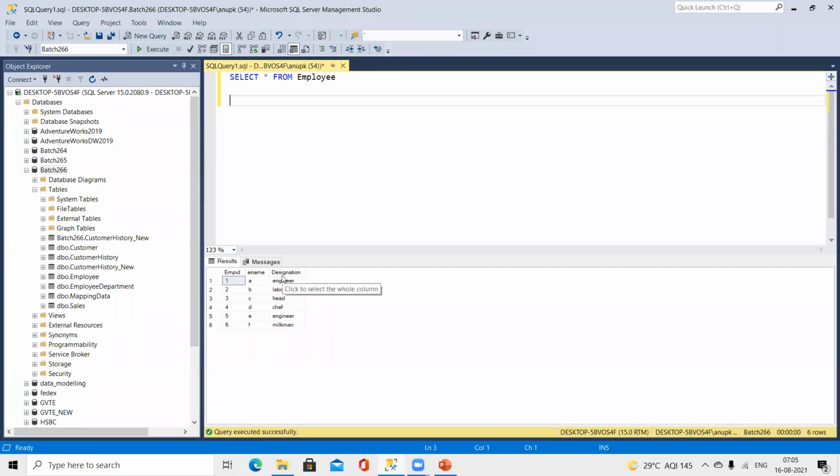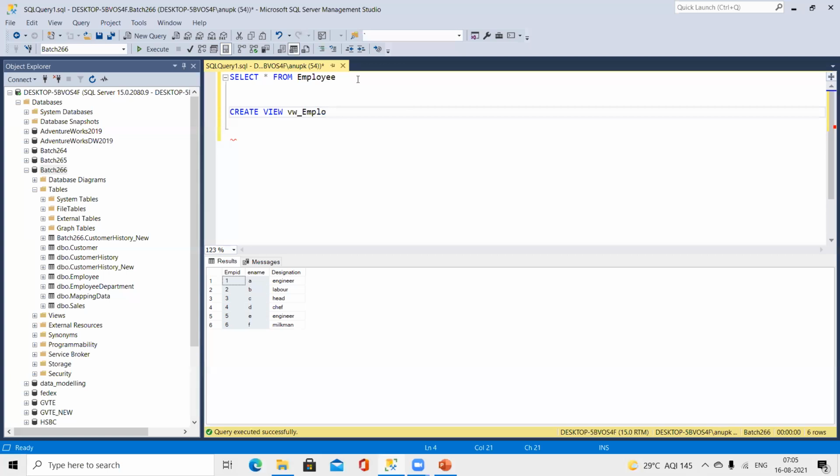So suppose that we have this database in the system where the employee data is there. Now, from some of the users who are not manager level, you want to hide the designation. That means you don't want to show the designation to any employees whose designation is not manager or something. So if you want to do that, what you can do is, on top of this employee table, you can create a view, create view,